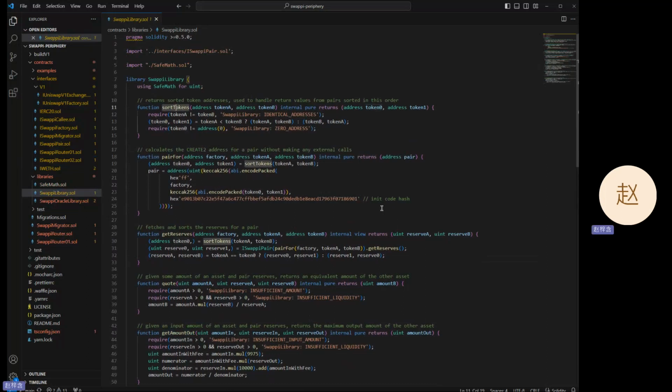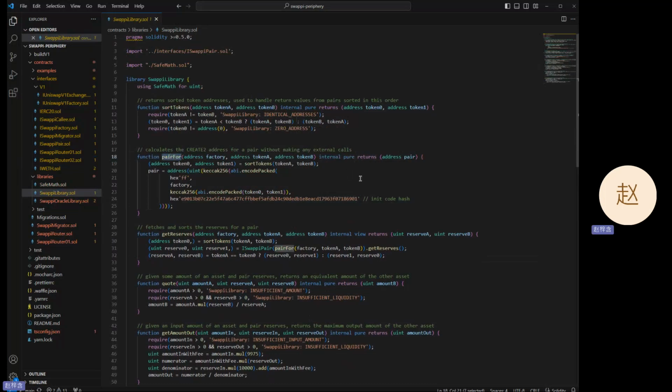First is sortTokens. We sort the smaller one as the first one, right? Token 0 is the smaller one, token 1 is the bigger one, the larger address. And then pairFor, which I mentioned before,